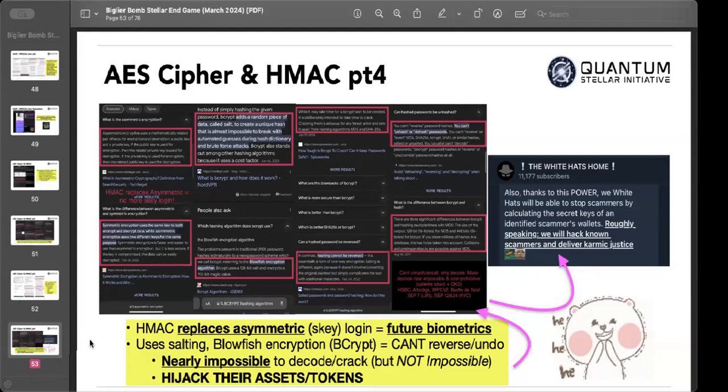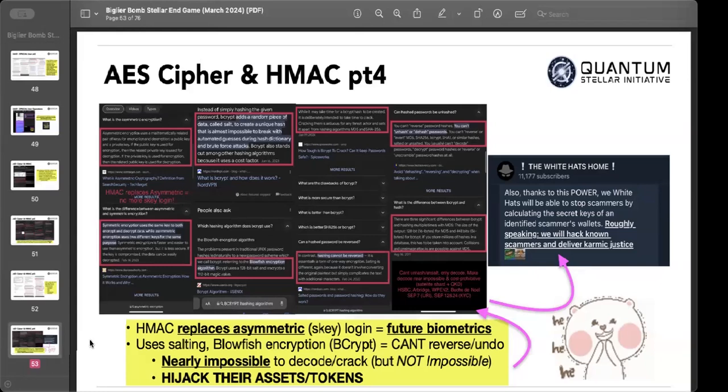So it says when you add all of this together, it's nearly impossible to decode or crack it, but it's not impossible. So why is it not impossible? It's only impossible if you don't have access to super duper ridiculous quantum computing. That means normal people or even really advanced hackers can't afford this because now we're talking about billions or maybe trillions of dollars of infrastructure that no scammer has access to. Only literally the white hats who are running this whole show would have access to that. So it's impossible for 99.99% of the world, but it's not impossible for white hat